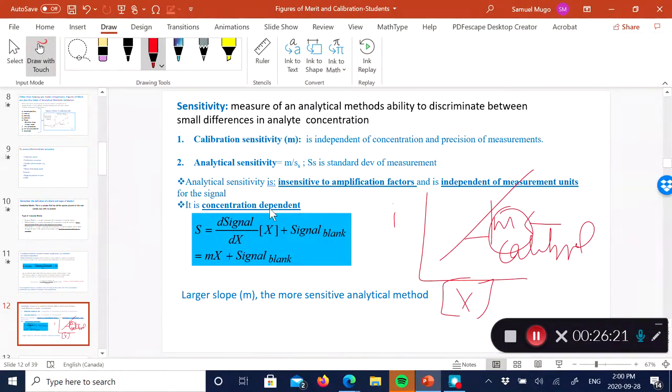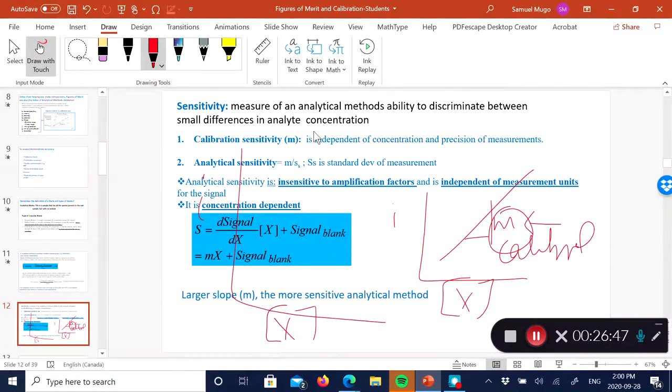And so you can see that the data distribution is concentration dependent. And so the analytical sensitivity is a better measure of sensitivity. But often, you find people reporting sensitivity just by looking at the calibration sensitivity. So if you've got two methods and you're trying to assess their sensitivity, you just need to plot their calibrations,